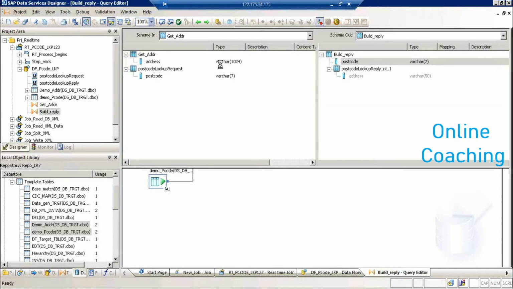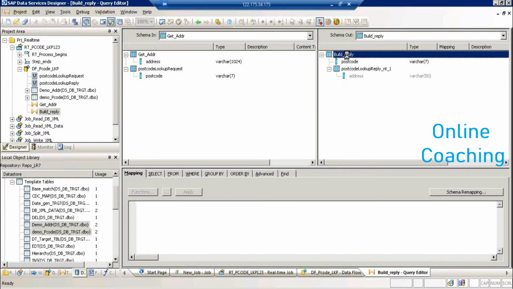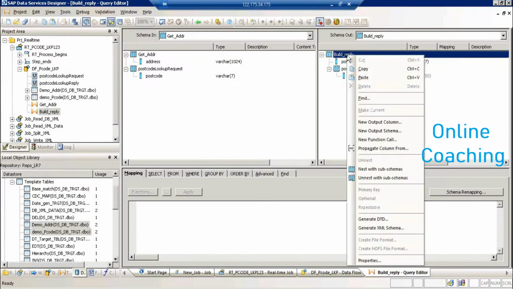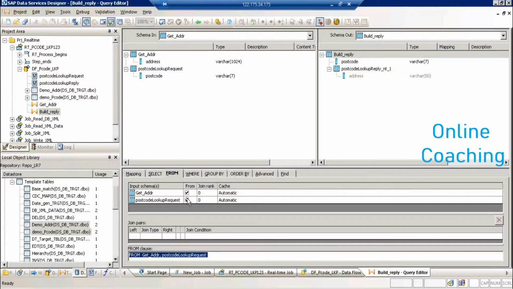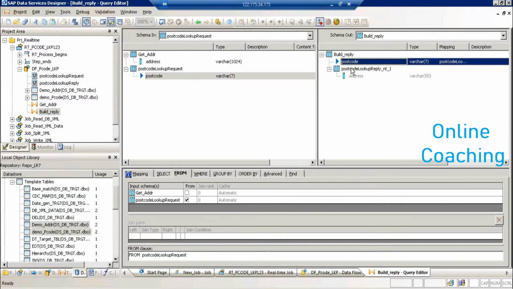So now you have both address and postcode on the left hand side in a flat structure, and these are in the nested structure. So we know how to map. Go to the build reply, make it current, and go to the from tab and make sure it is pointing to the postal code, not the address,